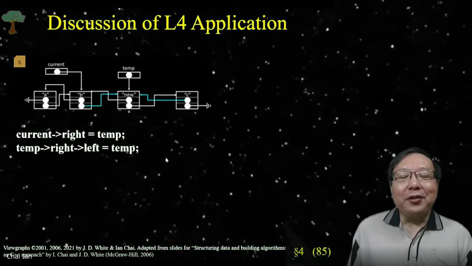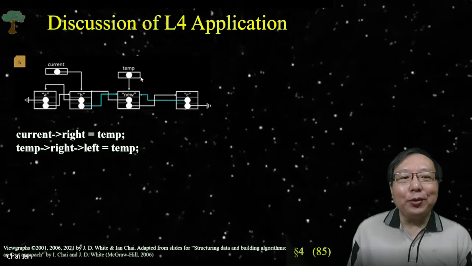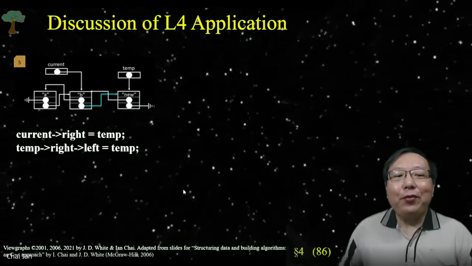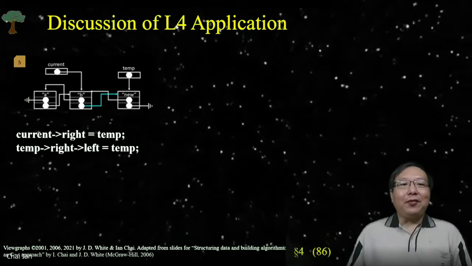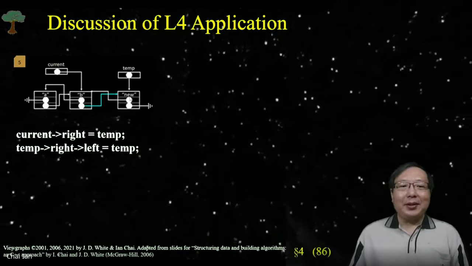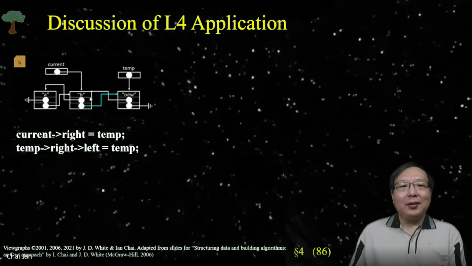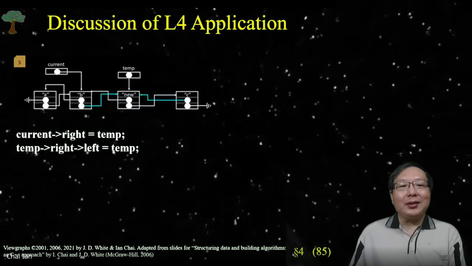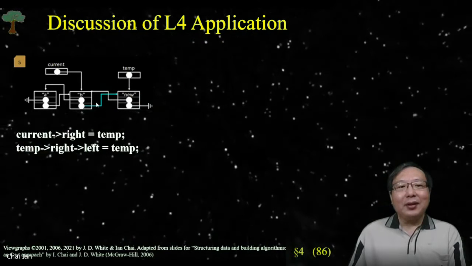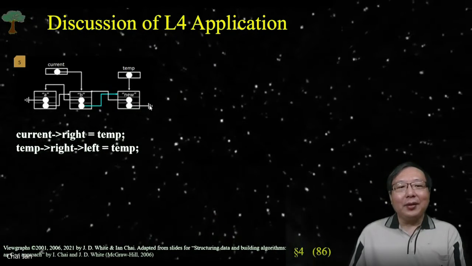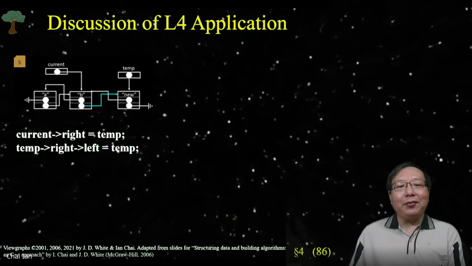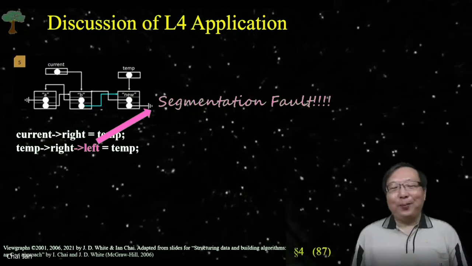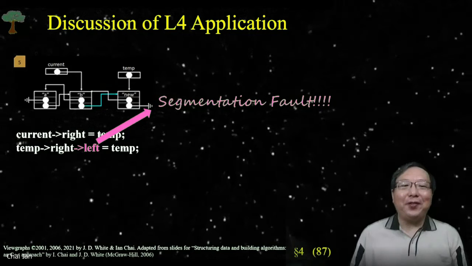Okay, so that looks great for if I'm inserting into a list that contains stuff already. But what if we have this situation? What if current is the rightmost item in the list already? That means there's no node C. So after doing this and this, you end up with current pointing here, and this is going to null, right? But if you say temp arrow right, arrow left equals temp, your program crashes with a segmentation fault because you